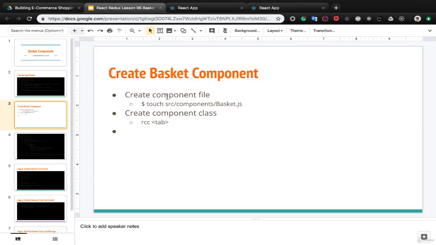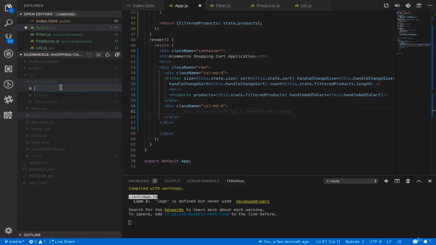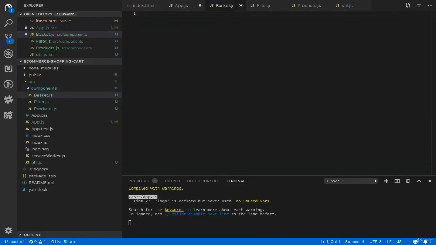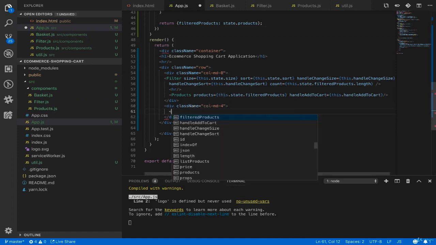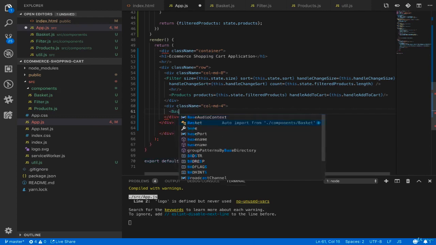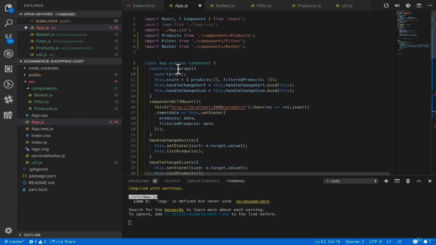First of all, we need to create basket.js, which will be our basket component. Right click on the component, new file, basket.js, and type RCC, press tab to create a class-based basket component like this. Press Ctrl S, and inside App.js, under the right side div, add Basket and press tab to auto import the basket component